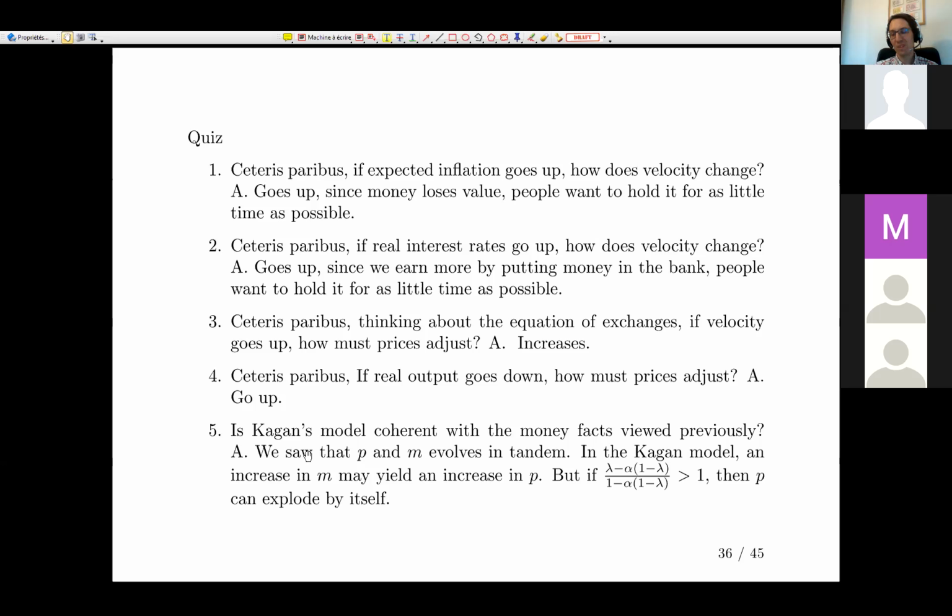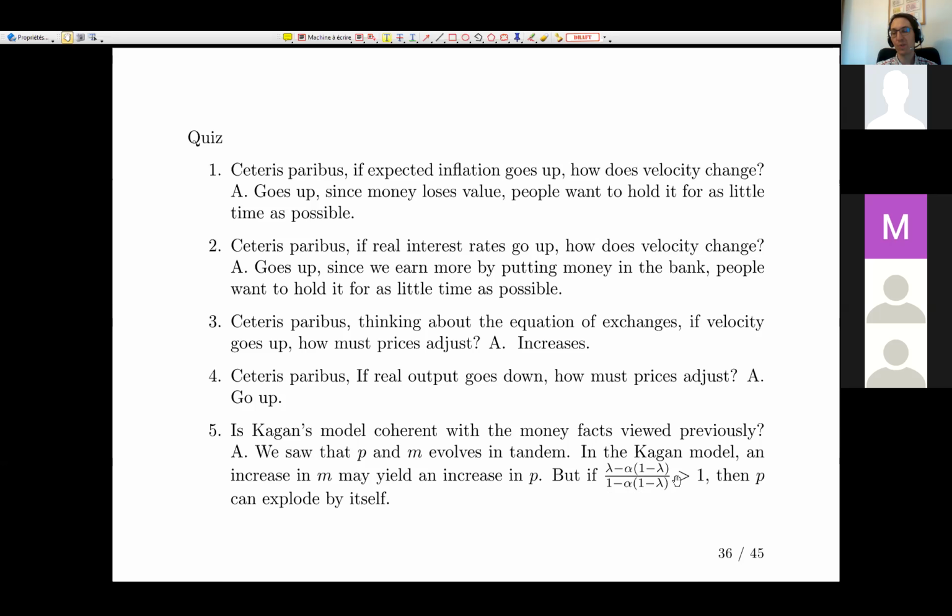Still, what I can say is that in the money facts, we see a one-to-one relation between prices and money. And here the Cagan model assumes that prices can skyrocket on their own if this